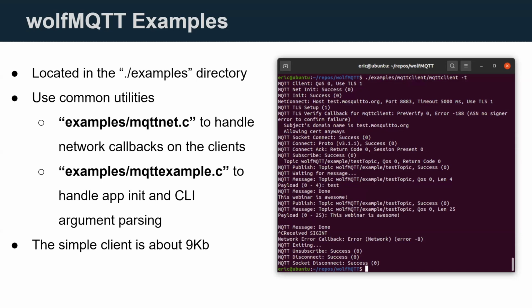You can see in the output that the client is connecting to the test.mosquitto.org public broker on port 8883 using TLS. You'll also notice that there's an error. That was because we did not load the CA certificate intentionally, just to exercise the callback. You can see that the callback overrides the error and allows it anyway, and then it connects,